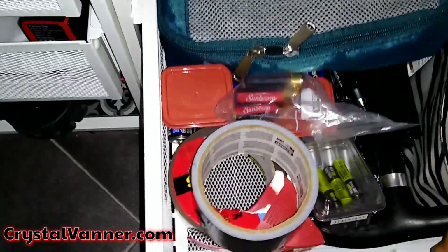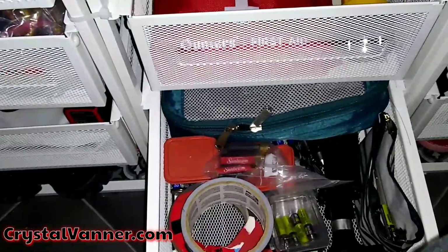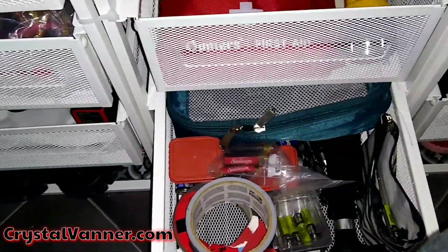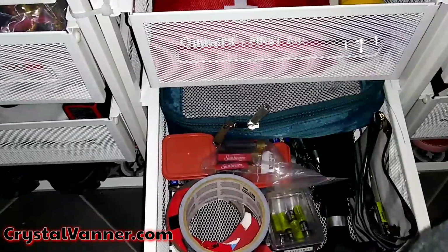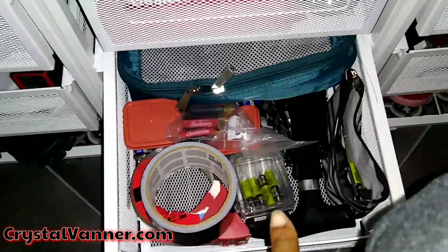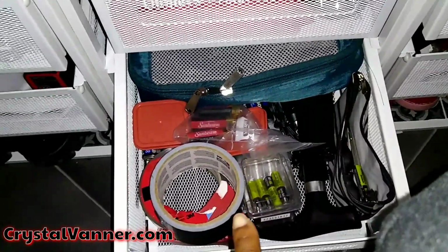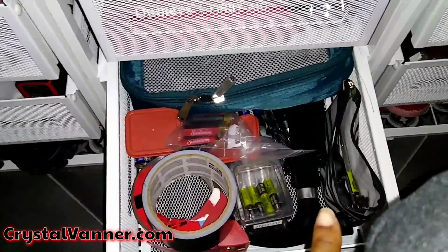Underneath that drawer, we have just an odds and ends type drawer. So this packing cube has my knee braces, ankle brace, not ankle, yeah, I think I have one ankle brace in there. So my 2 knee braces, my wrist brace, my thumb brace, and I think 1 ankle brace are in there. I've got batteries, I've got my clear packing tape, I have my Gorilla tape, my cane is in